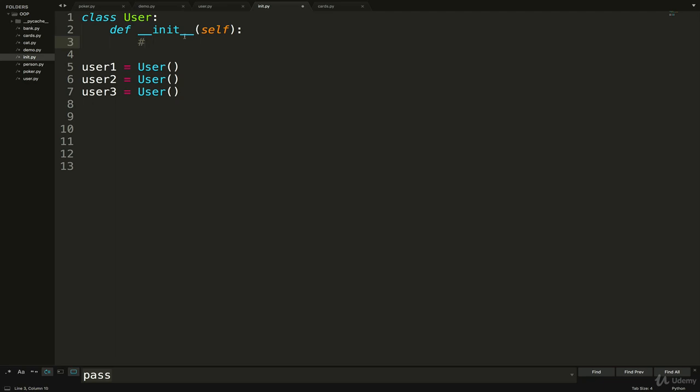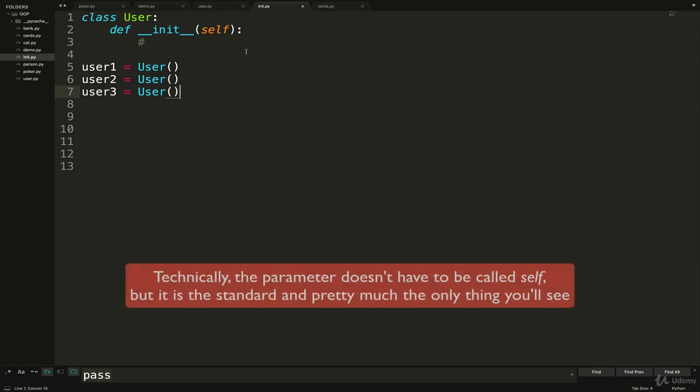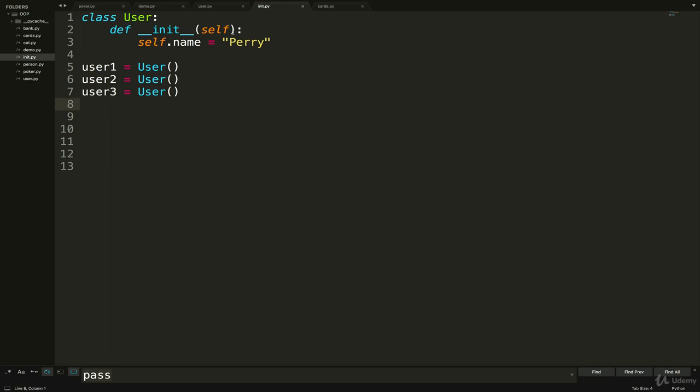And to do that, we need to talk about the word self. The self keyword refers to the specific instance of the user class, or whatever class we're working with. So when I refer to self, let's do something like self.name equals, and I could start by setting them all to have the name Perry, for example. But the problem with this, there's no real problem, but it won't actually allow me to illustrate how self works, because all 3 of these will have a name called Perry. So instead, let's pass in a name here. Let's go with first. And then I'm going to go with self.name equals first.